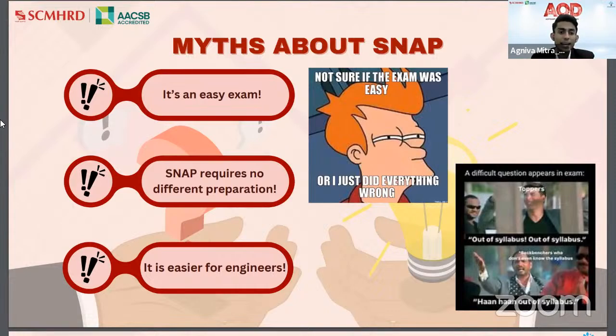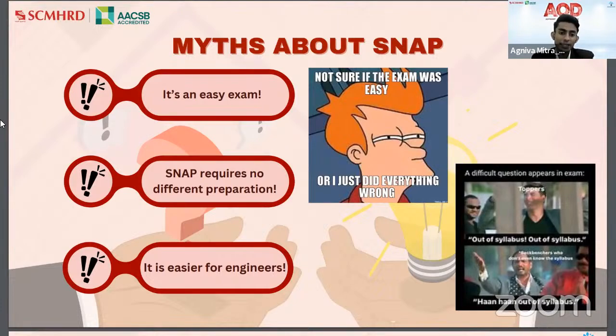The exam is designed in such a way that even if you do not do very well in the quant section, there are two other sections to make up for it. So please never have this perception that the quantitative section or any other section for that matter is easier for a particular set of people.